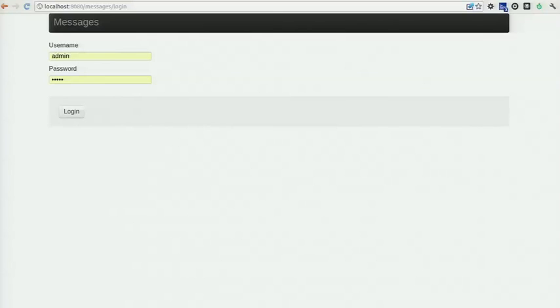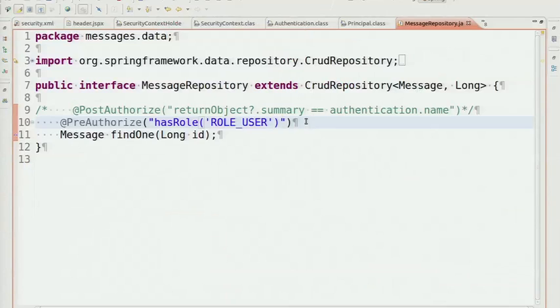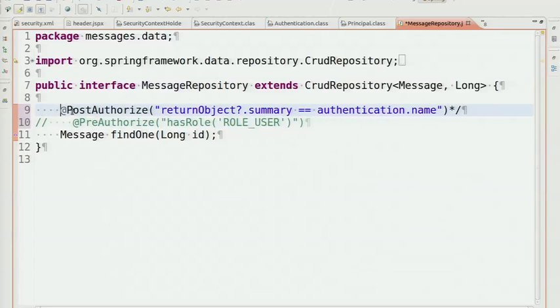So you might say, okay, well, role user is kind of cool, but what else can I do with Spring Security's annotation-based security? Spring Security's annotation-based security also supports Spring expression language. And if you aren't familiar with Spring expression language, it's very similar to something like JSTL. There's a number of other similar things, but here you'll see that we have a post-authorize, and the pre-authorize is